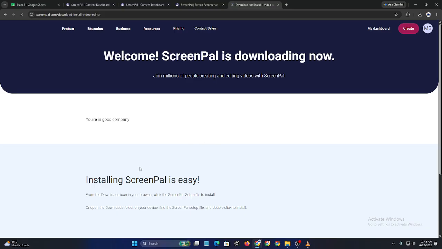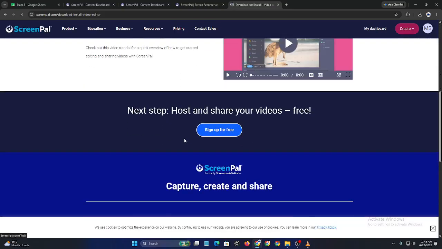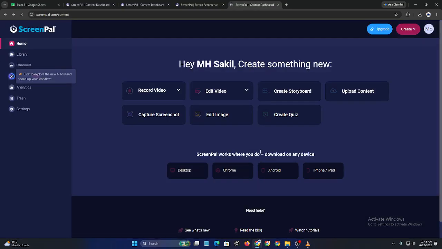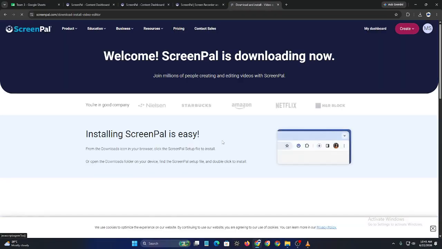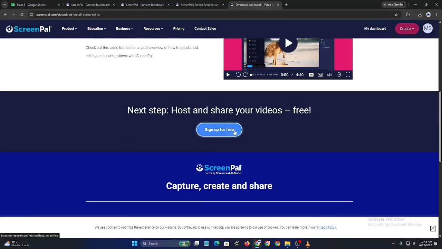Next, look for the captions, subtitles, or text tools within the editor. Depending on your ScreenPal version and subscription plan, you may see options for automatic captions, manual captions, or caption imports,